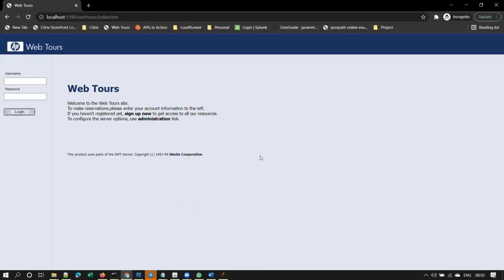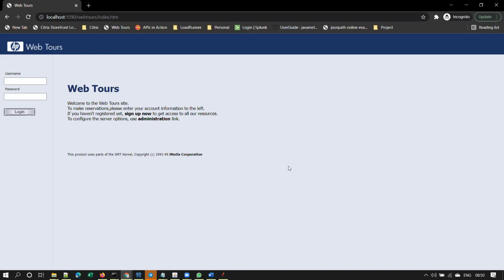The maximum with LoadRunner is 50, because the community edition, the trial version, provides only a 50 user license. Whereas with JMeter, we don't have any such limitation. You can test with any number of users, provided your machine CPU and memory are enough. If it is enough, you can test with 500 or 1000 or 5000 or 10,000. But of course, the WebTools application cannot withstand that load, so we will test with some 100 or 200 users.